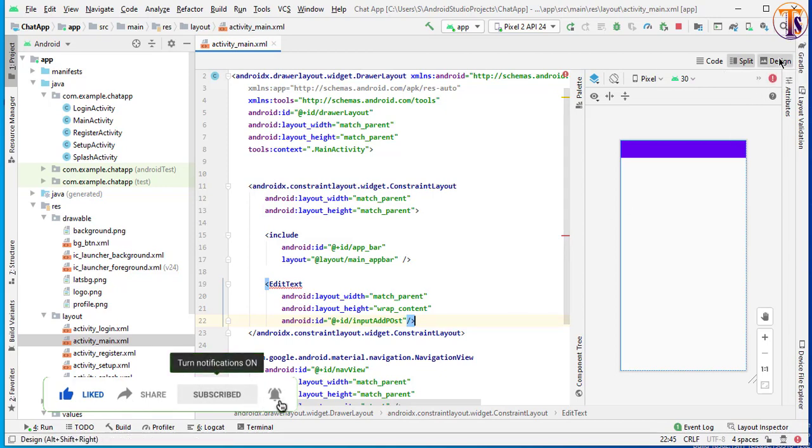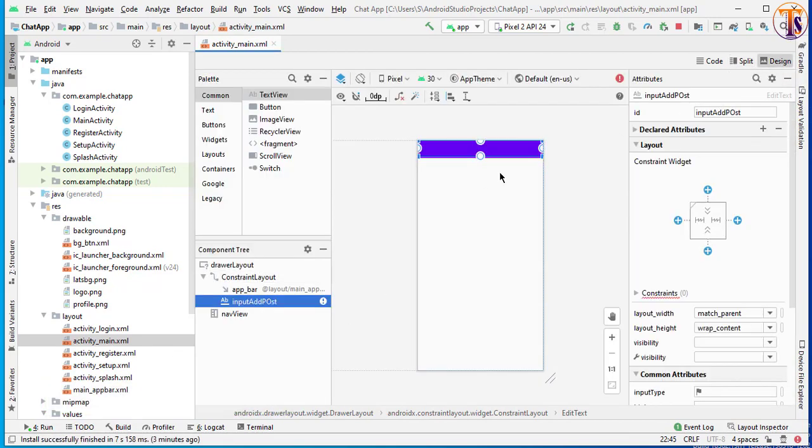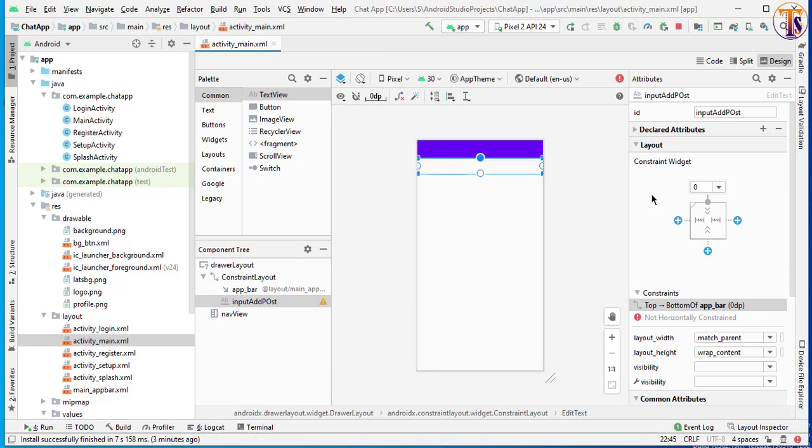Okay, now go to our design and select edit text and add the constraint at the bottom of the app bar. So select a margin from top is 8 dp, add the constraint from the right and margin from right is 16 dp.